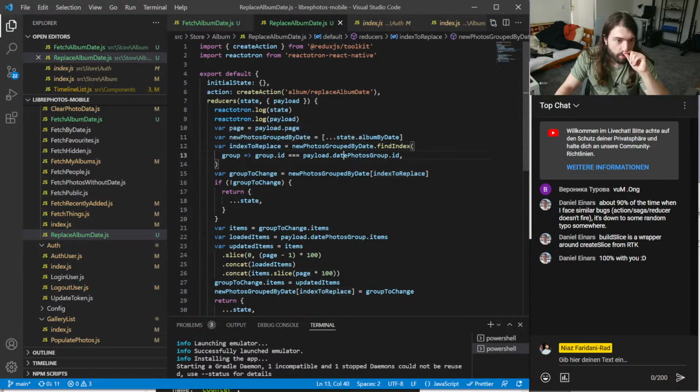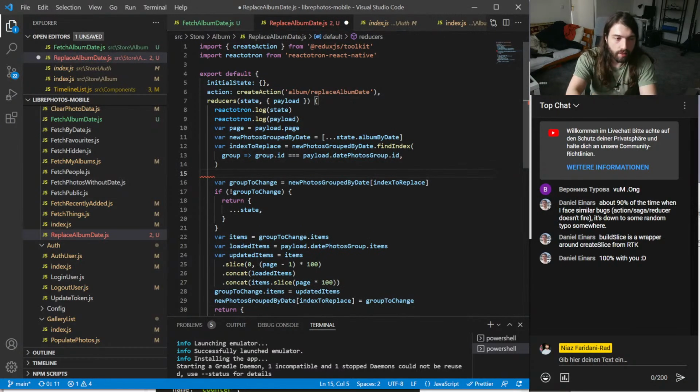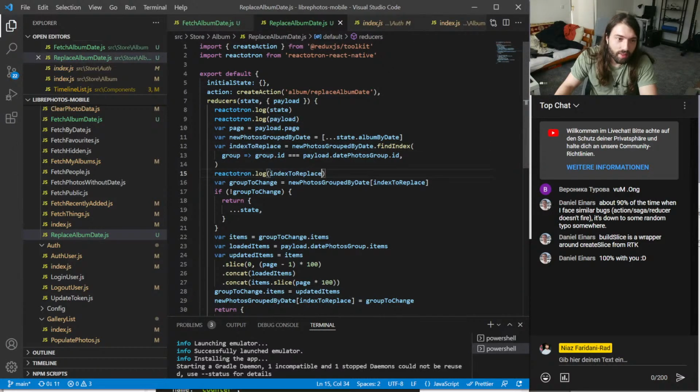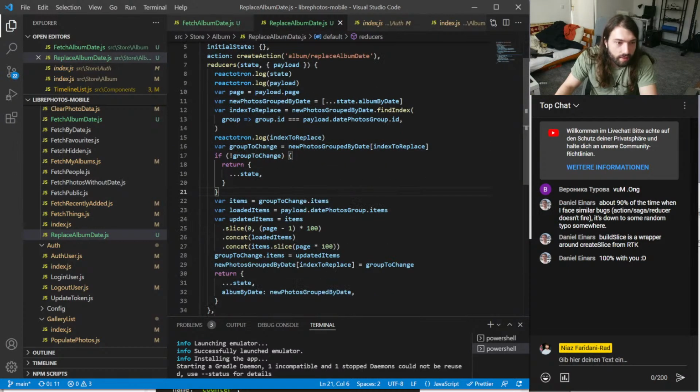And then we say, okay, find me the current group in that list, and then we want to change that. So now I have to figure out why it isn't actually replacing stuff. Index to replace. Do you find that? Items, group to change, items.